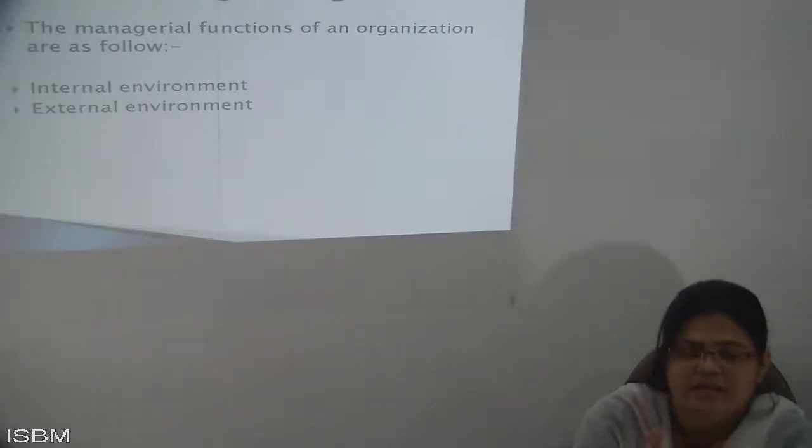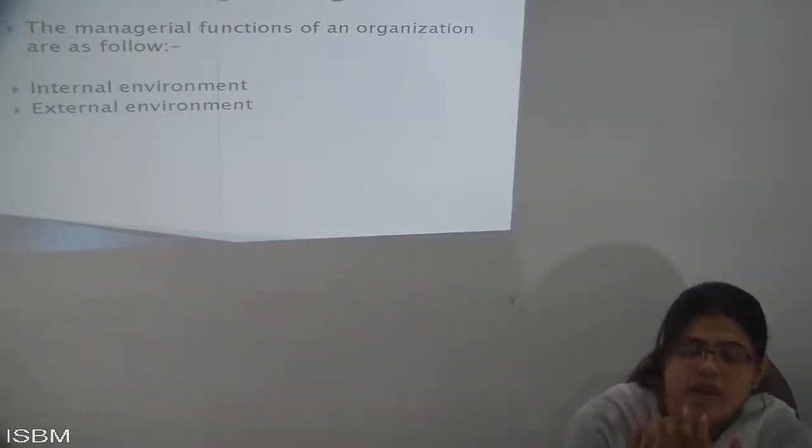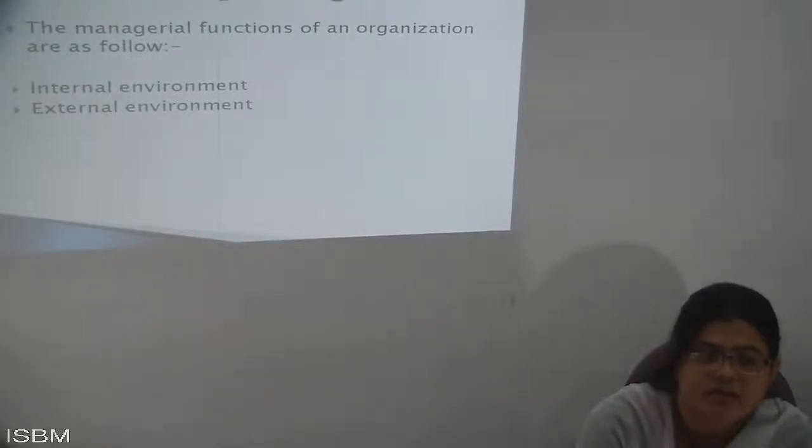And here you get certain ethics and technical ways: how you organize each and everything in the internal organization, how you communicate, and how you develop your behavior. And as you develop good behavior, you get a positive response. So this is how you get to know about the internal environment.